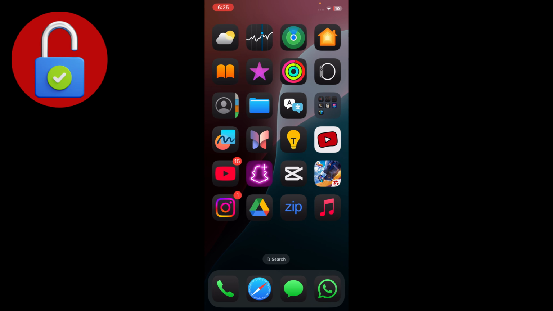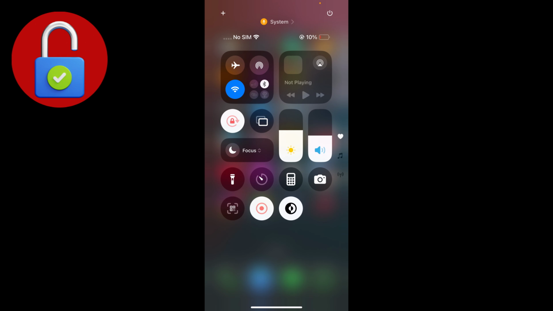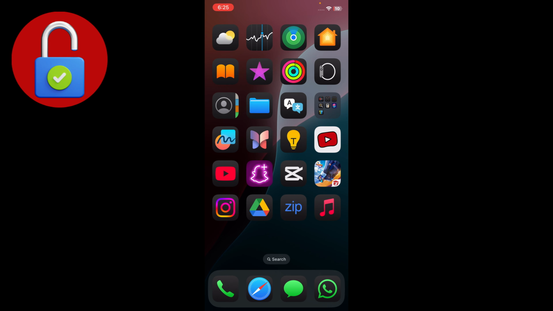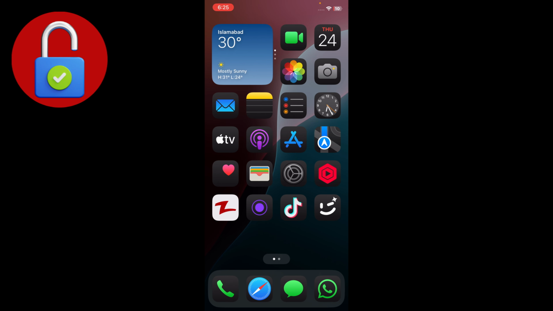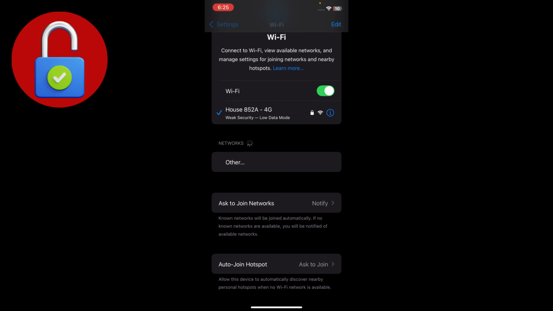In this video, I'm gonna show you how you can recover your Apple ID without your phone number. So I'm gonna give you some steps you have to follow to fix your issue in Apple ID. Just follow some steps. So simply go to settings of your iPhone and you have to make sure that